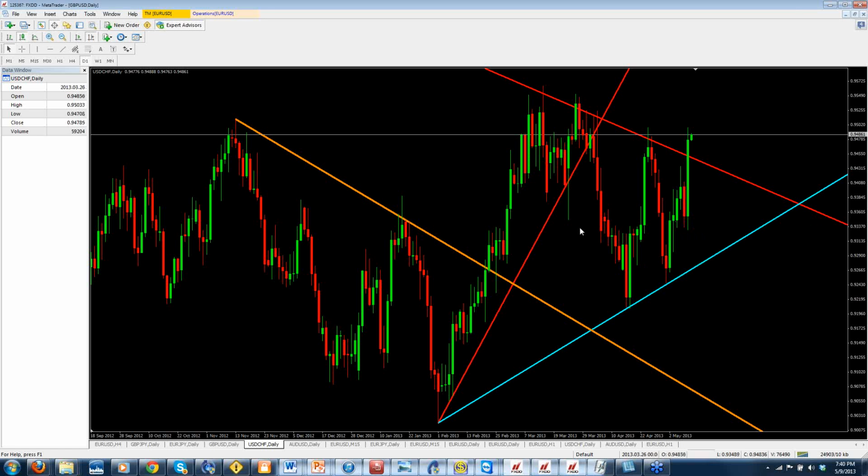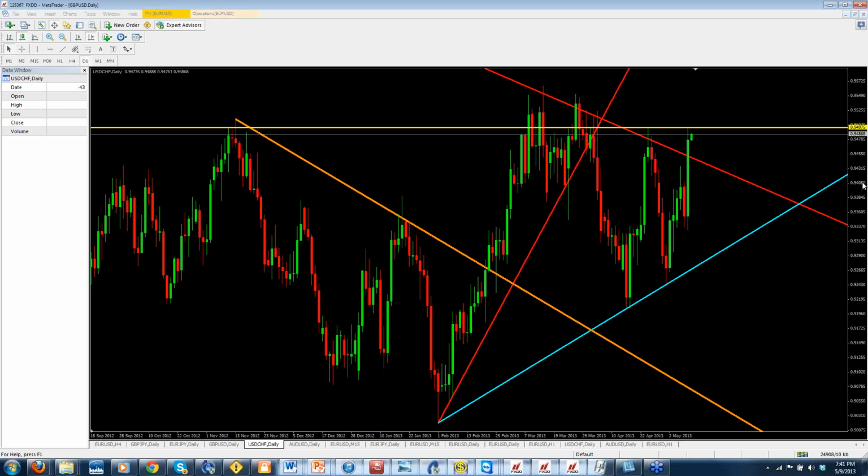All right, so the dollar Swiss generally runs inverse, has an inverse correlation to the euro dollar. And what we see here is that we had a very strong move and a breakout there too, but we also have this zone that we have not been able to break out of as well. If you look at it across here, we're right in this area